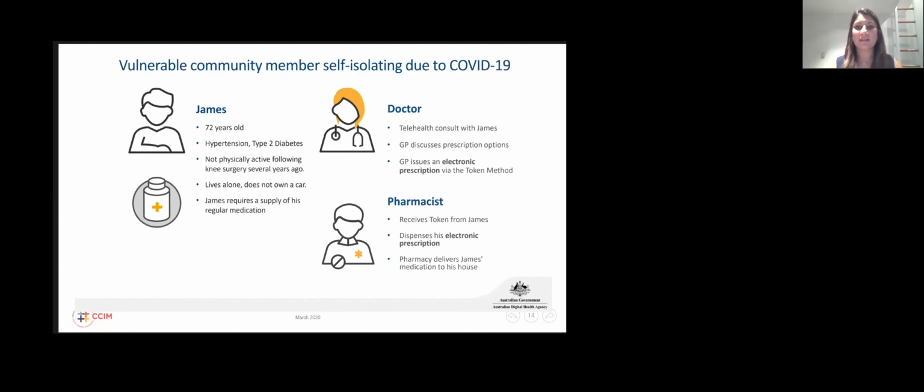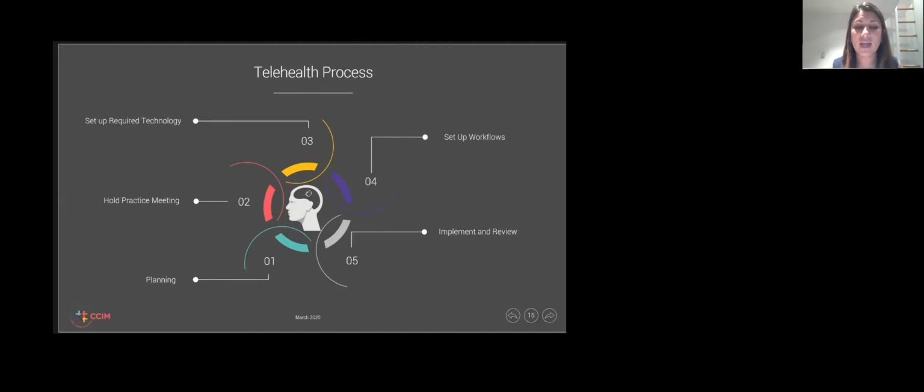So let's take a step back to how we're actually going to set up telehealth in our practices. And this is where, for a lot of people, we'll move on, Glenn, to the next slide. Sorry, I'm going to try not to read the questions at the bottom, but what app or token will James have? He may not, he may just get an SMS. And there is also another way of having an active script list with a pharmacy, where the pharmacy just knows when a new script has been issued or prescribed by the doctor, and they can organise dispensing of that medication.